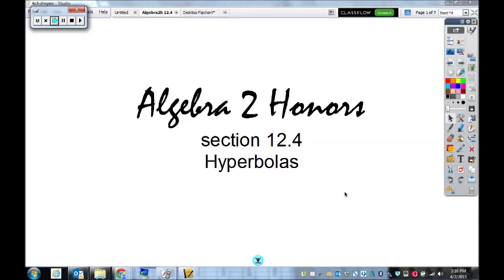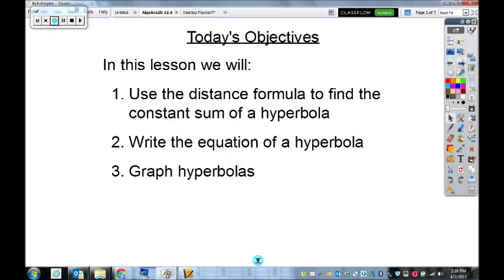Alright, so today we're doing hyperbolas, which is section 12.4. Today's objectives are to use the distance formula to find the constant sum, write the equation of a hyperbola, and to graph the hyperbola. Alright, and you'll notice that these are almost the same objectives that we had last time